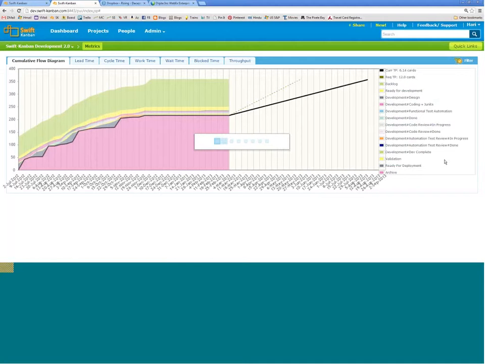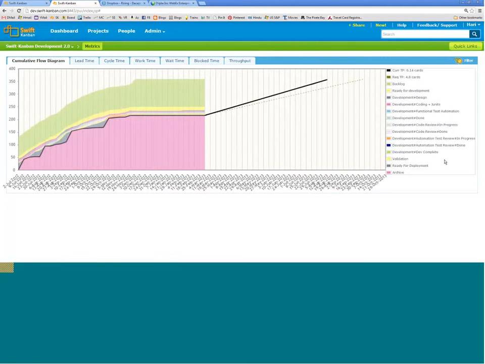I can perhaps release some resources or do whatever needs to be done because I have more time available. So based on your current rate, you are able to predict where you're going to end with this inventory, and where you need to be for this inventory to complete by any desired date. That is prediction using the cumulative flow diagram.